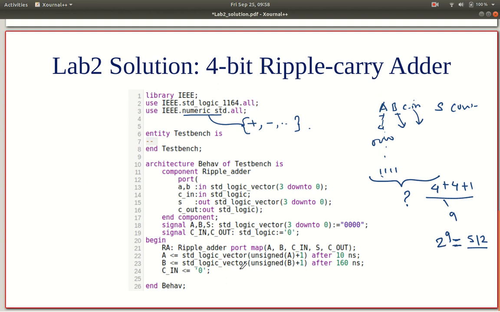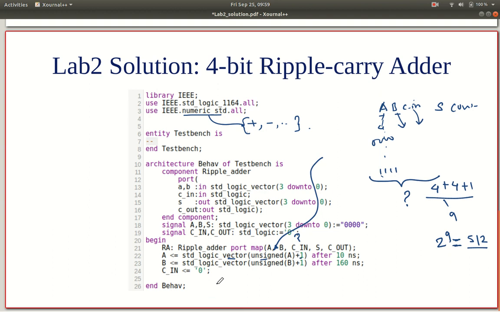Okay, we let a increment start from 0. So a is initially 0 and a increments after 10 nanoseconds. So how do we increment a? Because a is a standard logic vector, what we do is we convert a into an unsigned integer, add 1 and convert it back to standard logic vector. This is one way of doing it. So this is kind of a ready-made way, right? This does not provide a clear understanding of what is the circuit for doing this, but that's okay because we are using it in the test bench.